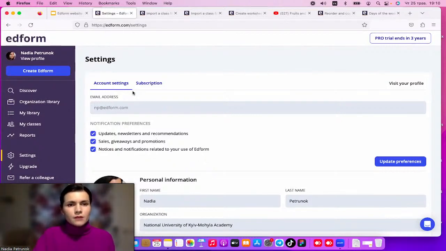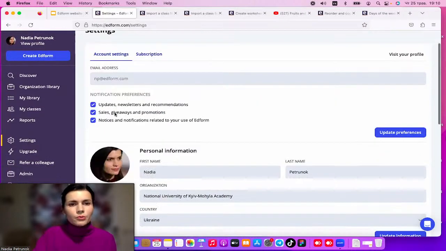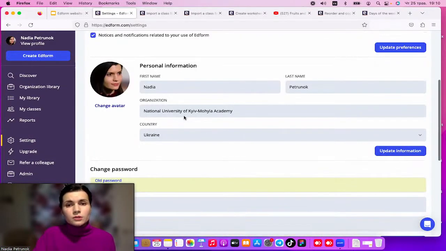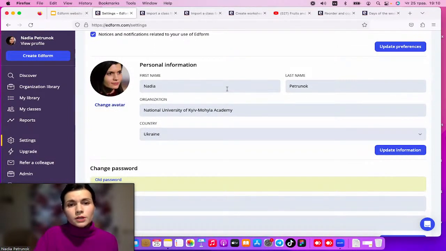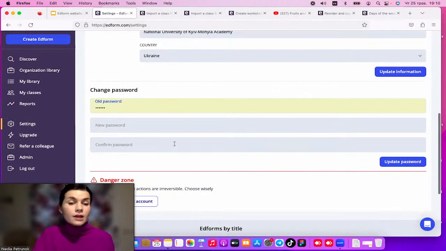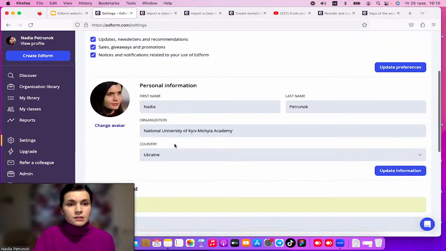The most important thing after you see the settings, the subscription details, here you will see the notification preferences. I might choose them. I might click on some of them or tick every notification: updates, sales notices, and notifications related to my use of EDFORM. Here I've got my personal information, my avatar. If I would like to show it, I might update it, might update information about myself. I might change my password and confirm here if I change it. So all the information which is regularly seen in these settings